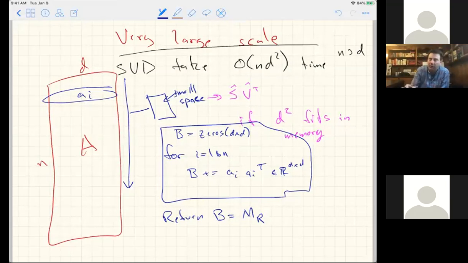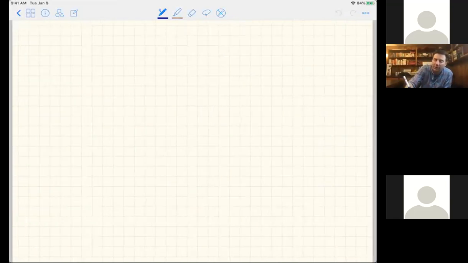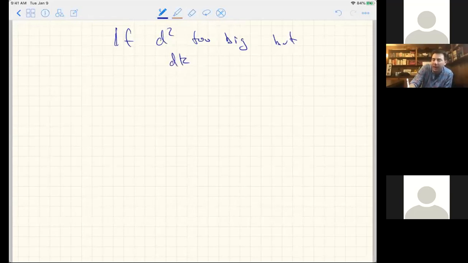All right. Okay, so I can do this exactly this way, but if D squared again is too big, let's say it's 100,000, 100,000 squared is bigger than I want to fit in memory. I don't want to pay a 100,000 factor. Okay, so now let's say D squared is too big, but let's say D times K is kind of okay to fit in